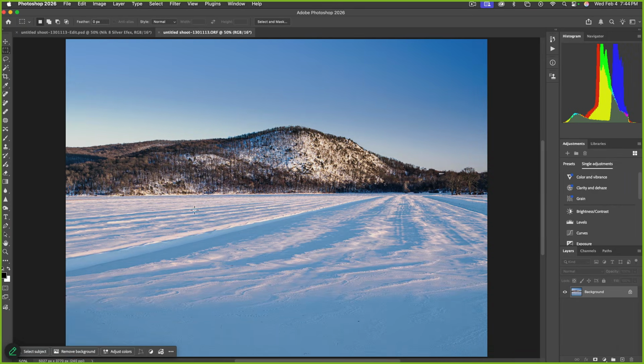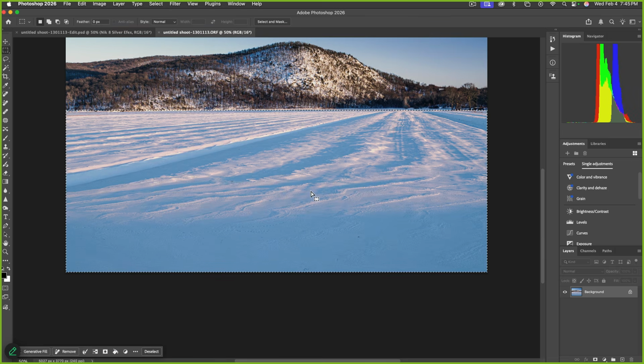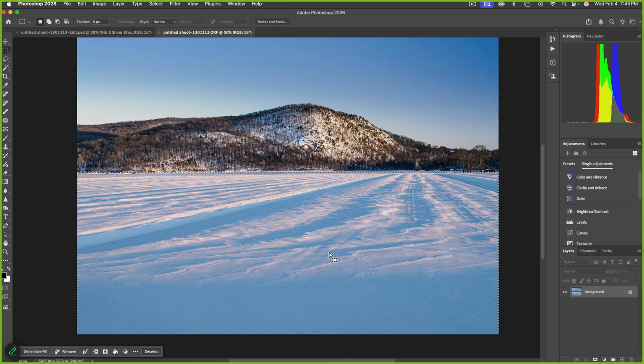All right, so here's our image in Photoshop. So what are we going to do with this? This is the part that I want to play with. So I'm going to select it all. This is the marquee tool right here. And I'm going to select the entire bottom of the image. We're going to end up not using it all, but let's just select it for now. And I'm going to copy and paste that. And all that did was put a copy of it on its own layer. And what I want to do